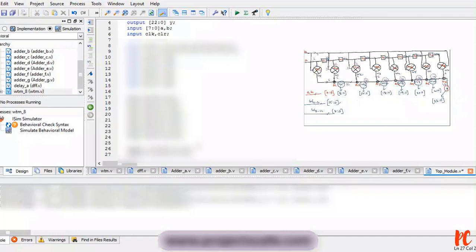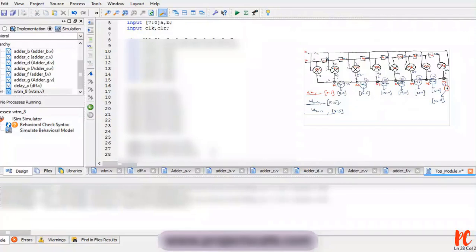So for the second adder, with the adder name A2 followed by W16, W2, W15. Let me copy this once again and paste it here. A3 ranges from W17, W3 next to W16.